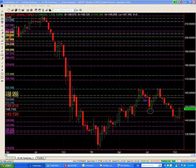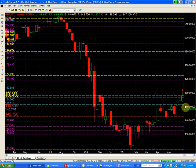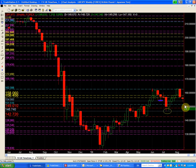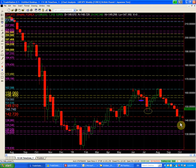This is the pound dollar for the week of the 19th, October 19th, and this was what it looked like last week. I just want to remind you, as you see, that we had a selling point below the 142.72, and we were short coming in to next week,